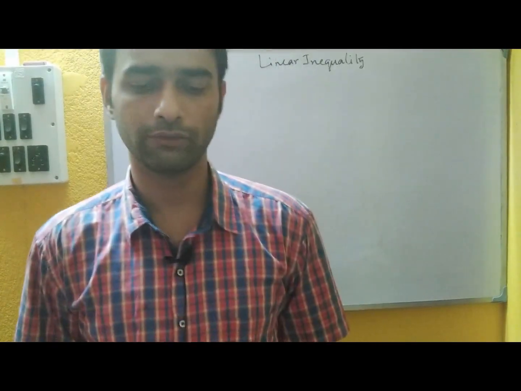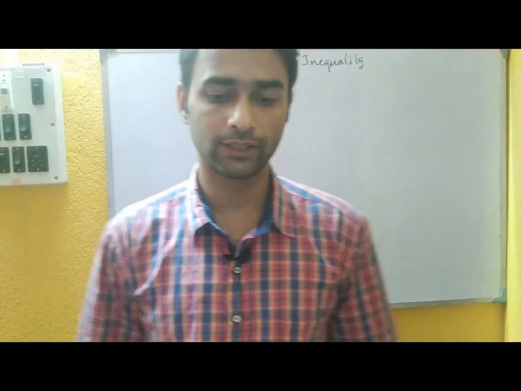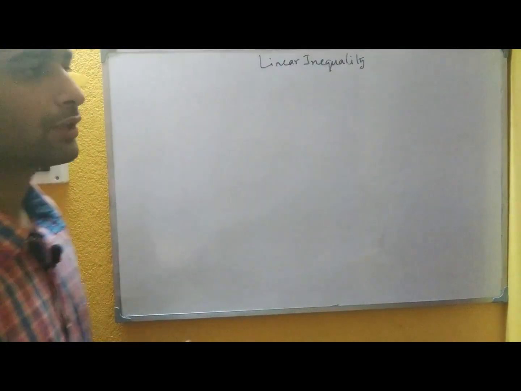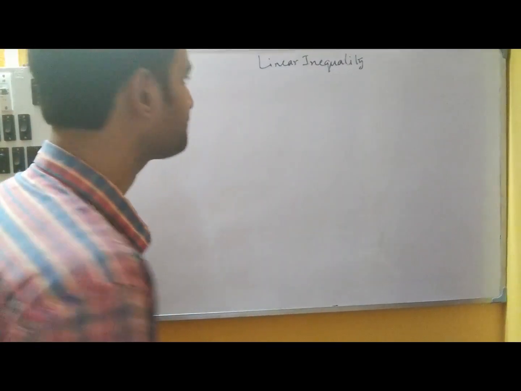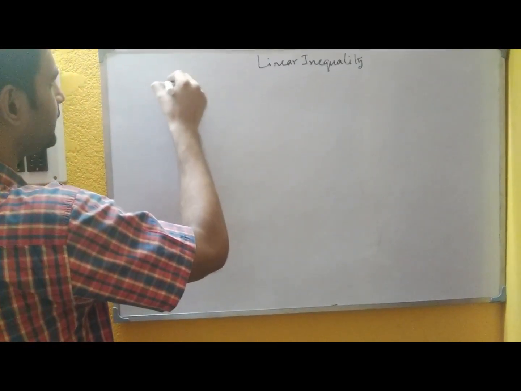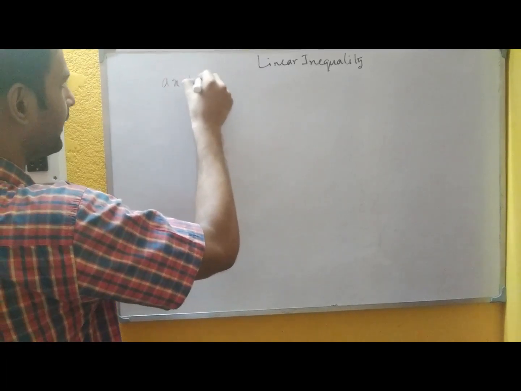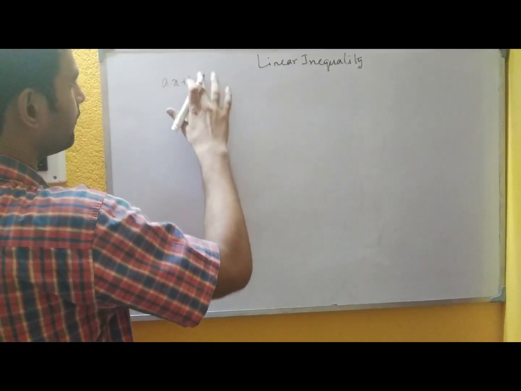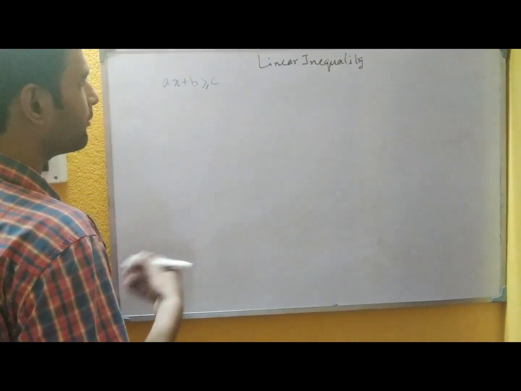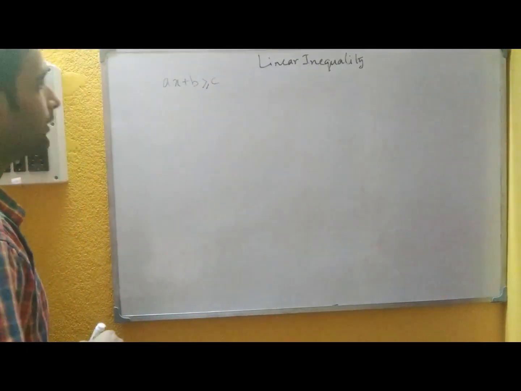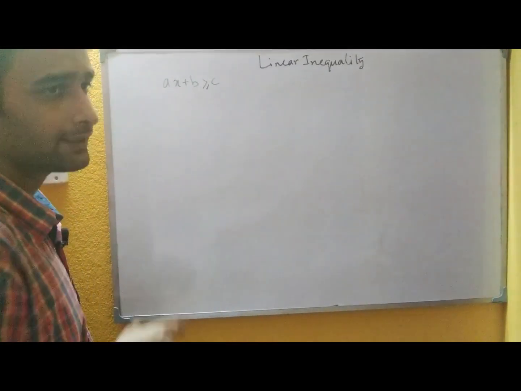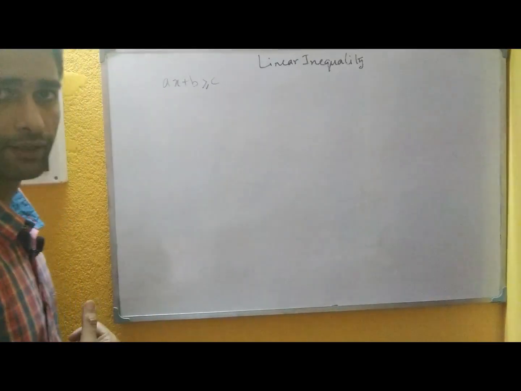Okay, so first of all we see the geometric meaning for this linear inequality and we also compare it with the equality case. So what is a linear inequality? Instead of the equation like ax plus b equals c, we replace this equality with some inequality sign. If the power of x here is only 1, then we say this type of inequality is a linear inequality.